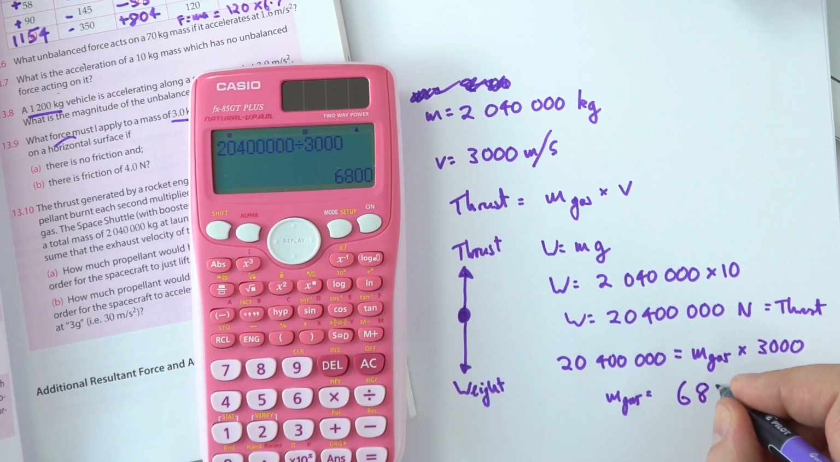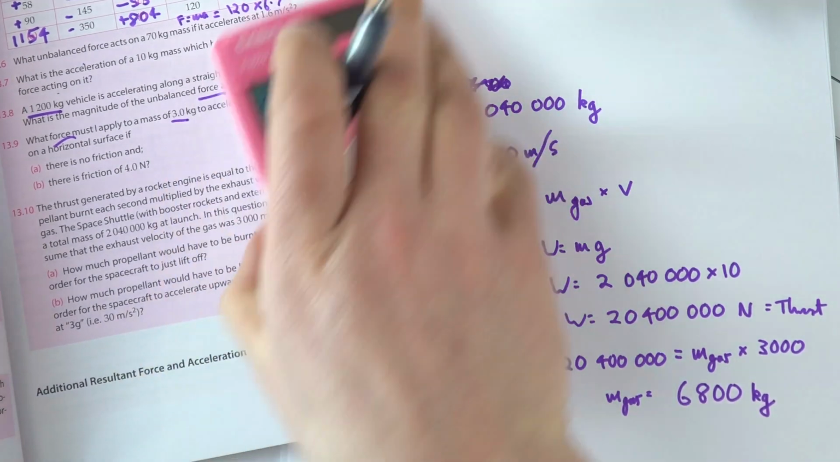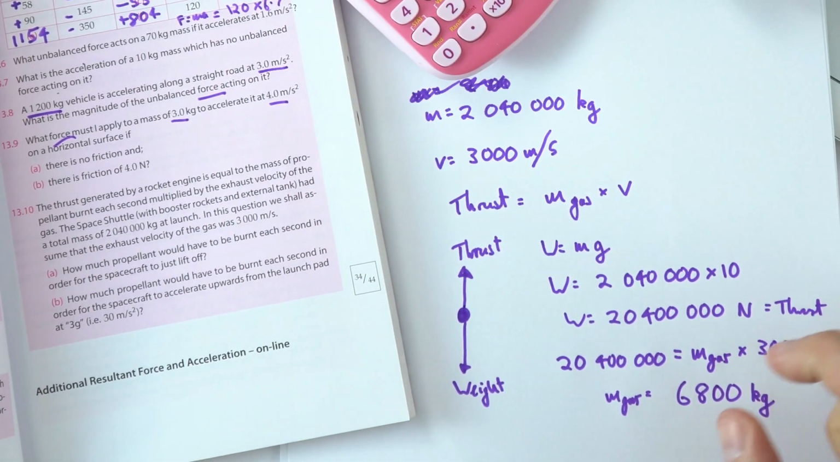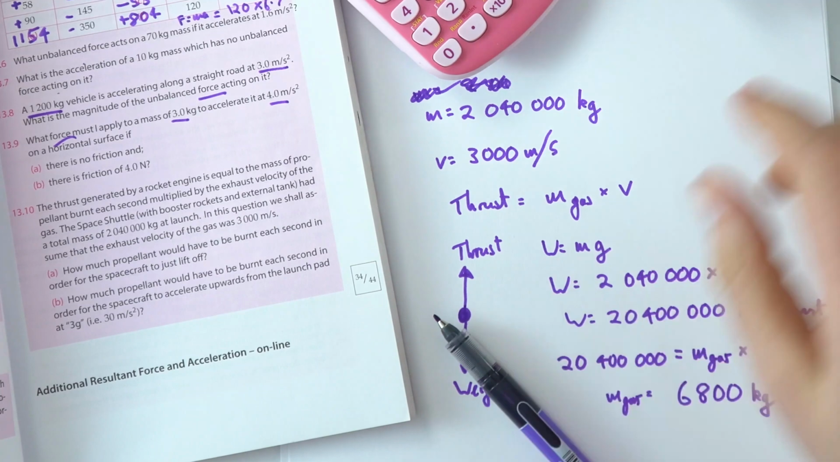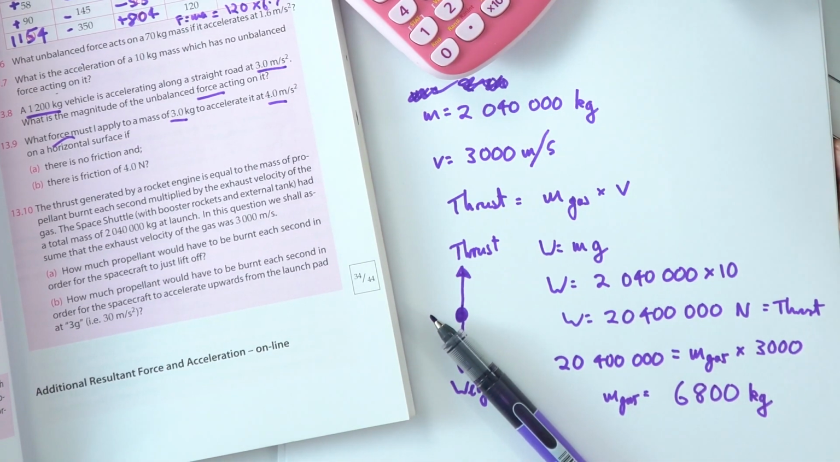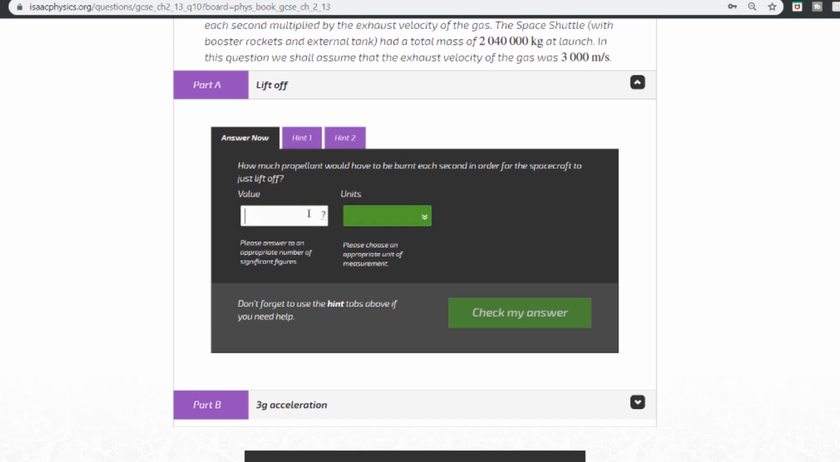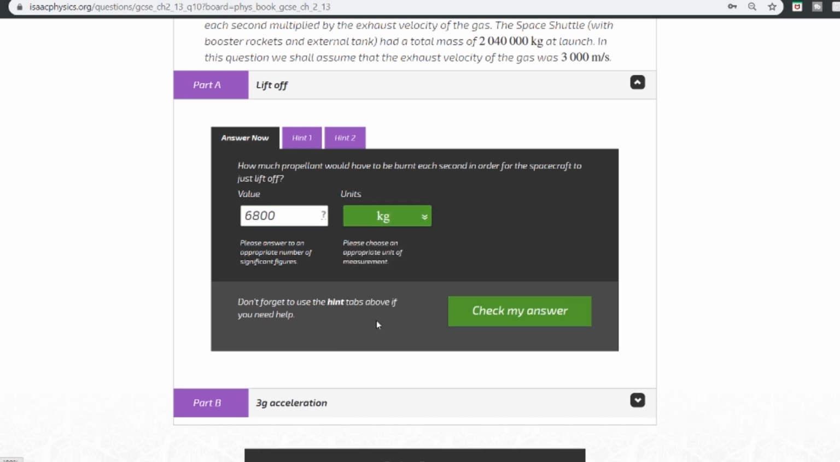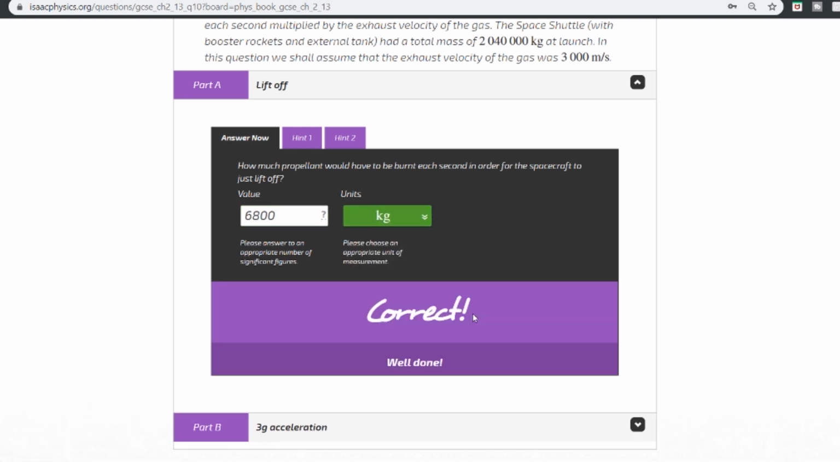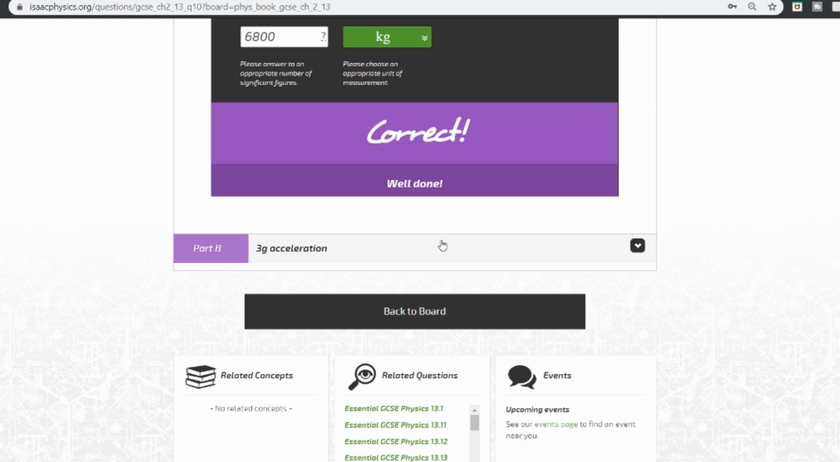So each second, 6,800 kilograms of gas, I say gas, of propellant, is burnt. So let me just check this, because it's worth checking before we go into part B. So propellant, I said 6,800 kilograms per second. Correct. That's good. This is a multi-step calculation and there's a lot of data, so I'm pretty pleased I got that